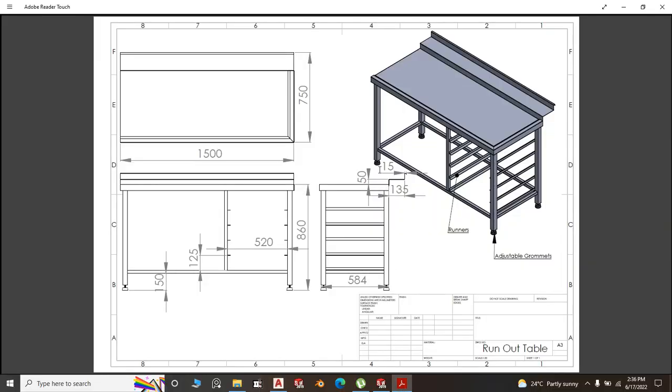The run-out table looks like this, more or less just like the sink. The only difference is that it doesn't have a bowl, and the profile is on the opposite side. Remember, this profile on the sink was on this side, then on the run-out table it's going to be on this other side. These are the dimensions. The overall size of the sink is 1500 by 750, and the height as usual is 860,